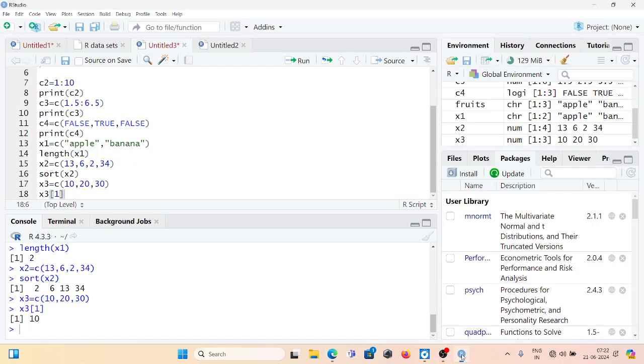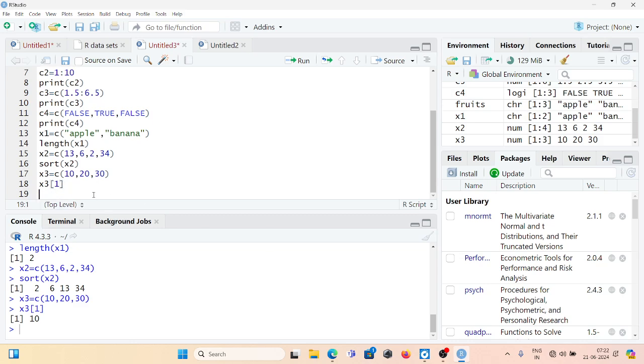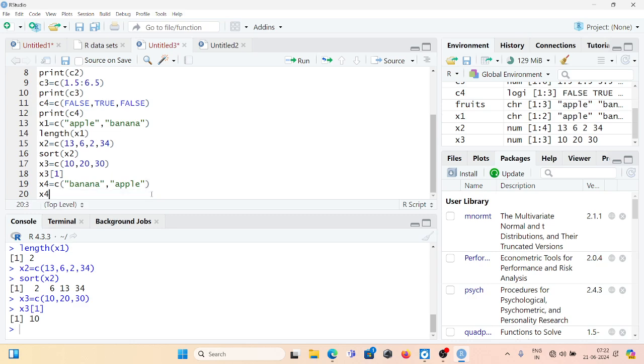So let's run this. I'm just showing x4, and x4 is equal to a vector of strings, that is banana, then apple, right? Then I want to change the element at the second position. This is the first position, the element is banana. Second position, the element is apple. So I want to replace the element in the second position with orange,